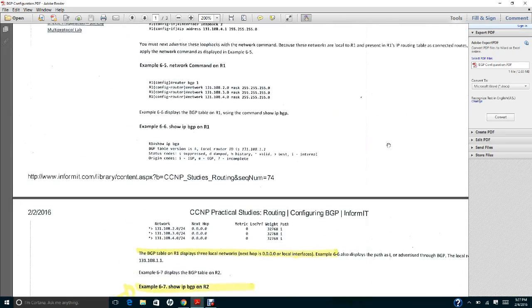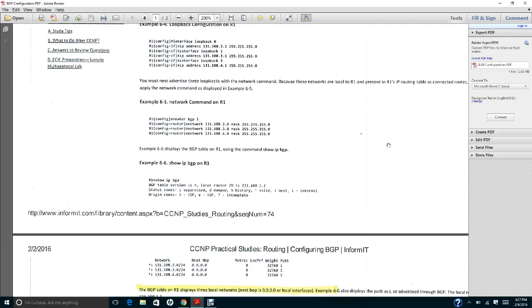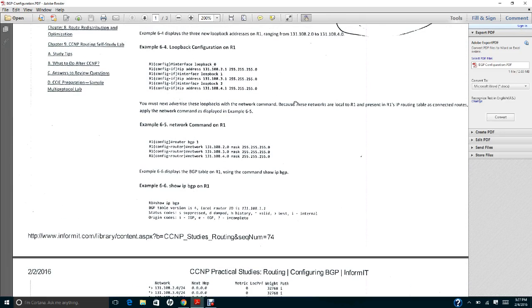I will upload this handout in the Blackboard. So interface loopback 0 is 131.108.2.1 255.255.255.0, and interface loopback 1 is 131.108.3.1 255.255.255.0. Then loopback number 2 is 132.108.4.1 255.255.255.0.